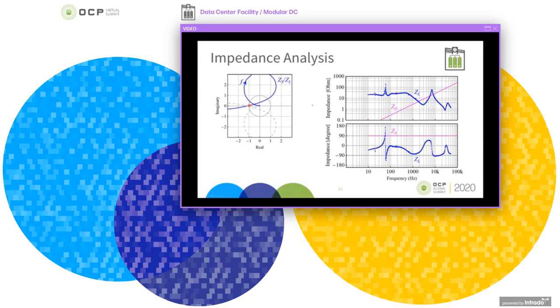We did some detailed impedance analysis here as well. For the impedance that we measured for this PSU, the intersection with the data center impedance can occur somewhere around 7 kilohertz. That confirms that at this intersection frequency, where the two impedances are equal, the phase difference is also close to 180 degrees. And so the impedance ratio predicts, again, system instability around 7 kilohertz, which confirms our observation in the waveforms.